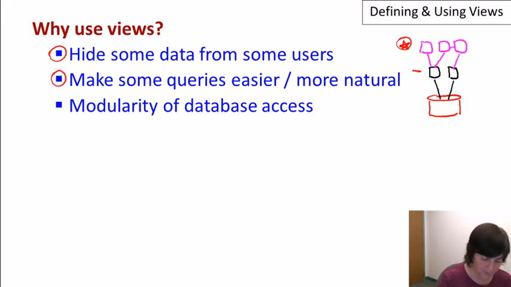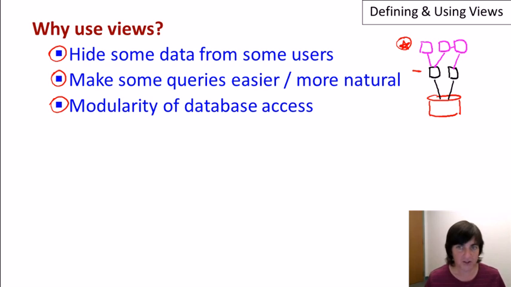Another is that it might make certain queries easier and more natural when we query over the views rather than directly over the relations. And the third reason is modularity of database access, because we can think of these views as modules giving us access to portions of the database, again when the granularity that we want doesn't correspond